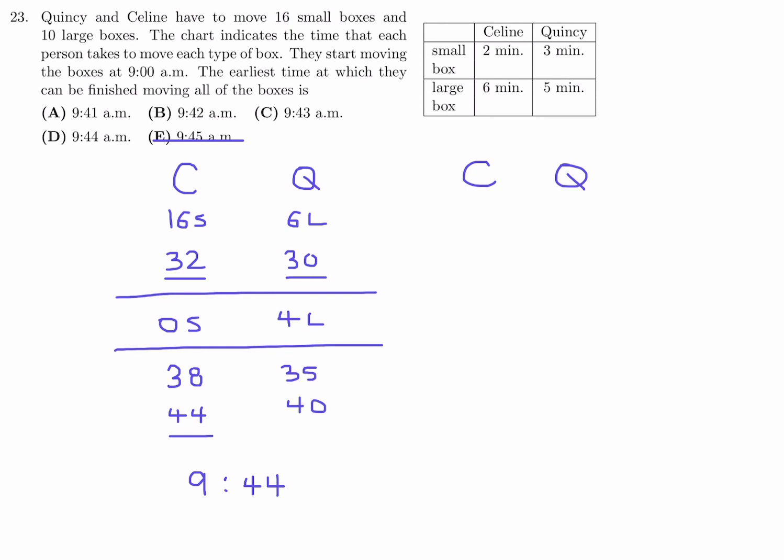Now what I'm going to do is give only 15 of the small boxes to Celine and kind of work with that, because I think I can get this time closer to each other. You see what I mean by that? Like instead of 44 and 40, I want to get them closer to each other. 43, 41, 42, 40. The closer they are to each other, I think the less time it will take in terms of overall time. So 15 small,